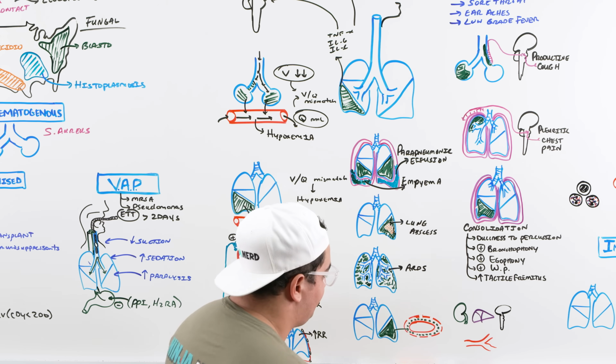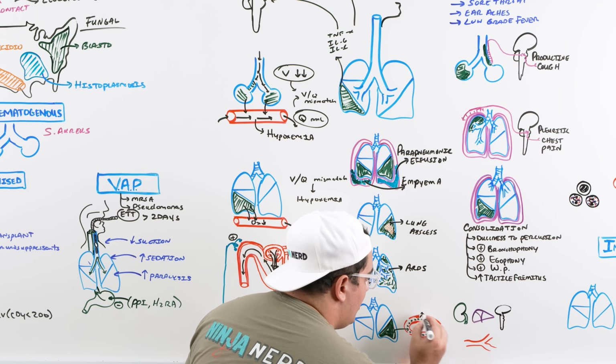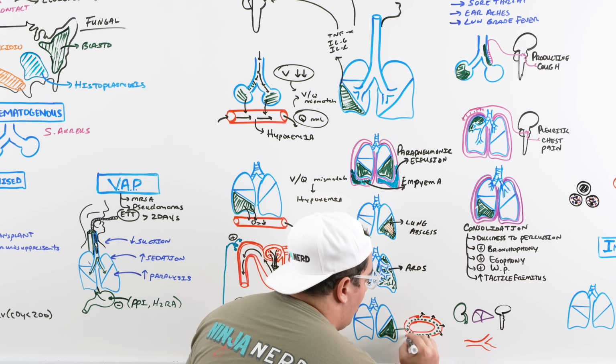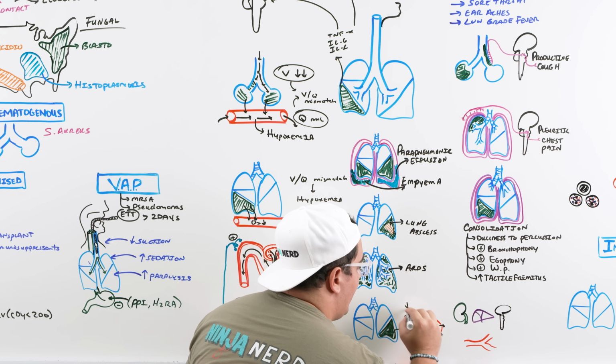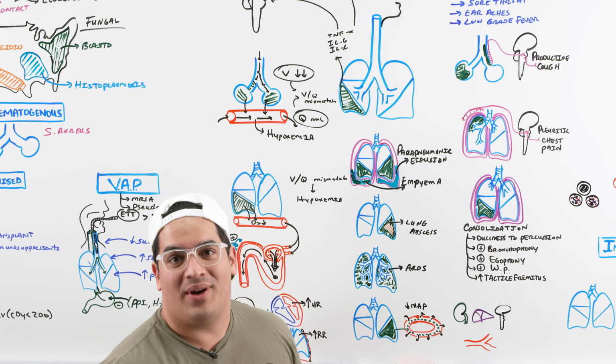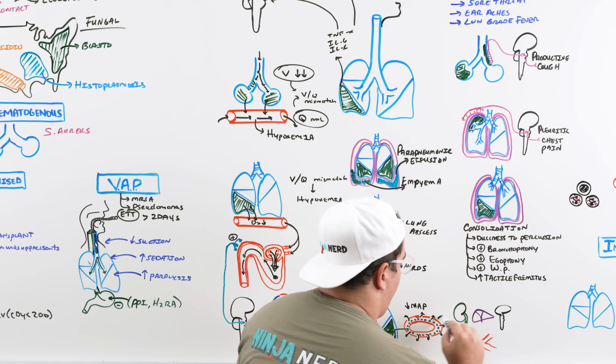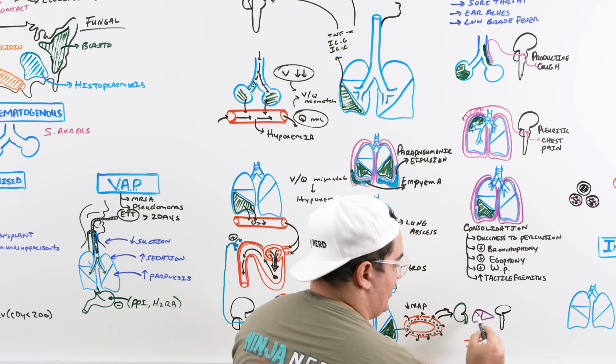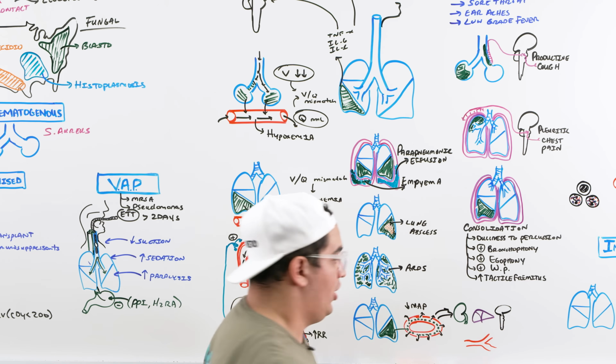What happens is it causes vasodilation and increased capillary permeability when these pathogens get out here, and what do we get? We get a low blood pressure, a low mean arterial pressure. We stop perfusing organs, my friends. And as we stop perfusing organs, such as the kidneys, the liver, the brain, and multiple other organs, you can lead